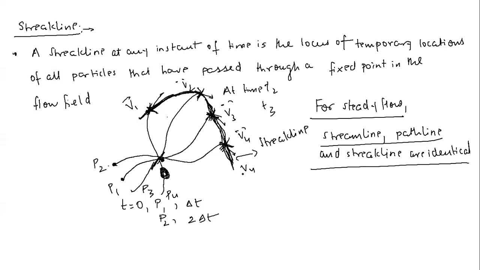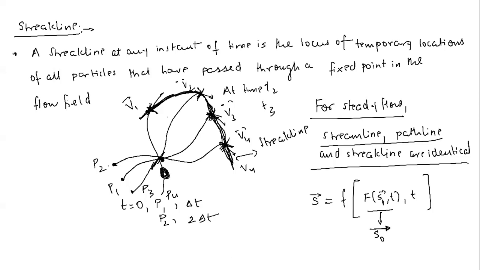And finally, I will write down the final equation for a streak line. It will simply be some function of s vector comma t. So what is this function of s vector? Let it be f of s vector comma t. Now this s1 vector is nothing but simply your s0 vector.